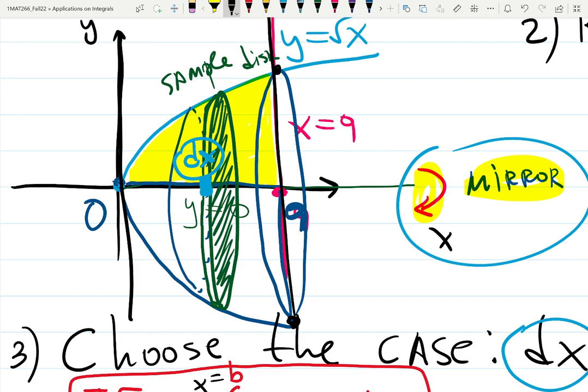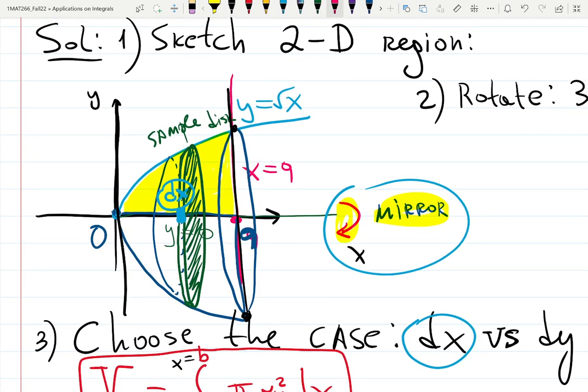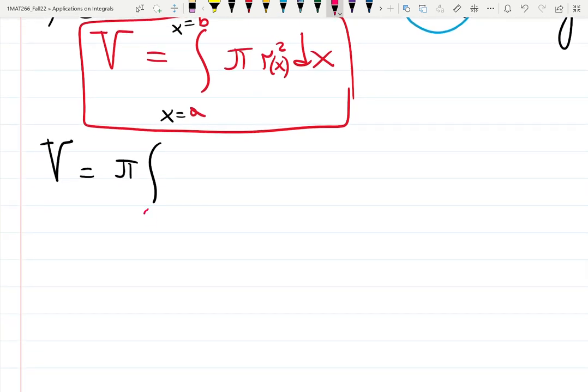So if you choose the x case, we're choosing to describe the situation using x values. So we're going to choose it from a, which is 0, to b, which is what? 9. Since we cut this infinite shape at x equals 9, now the shape is from 0 to 9. So it is from 0 to 9. This one was good. Finally, the last thing to do is, since we're talking about the dx case,